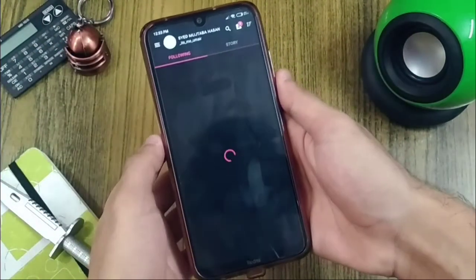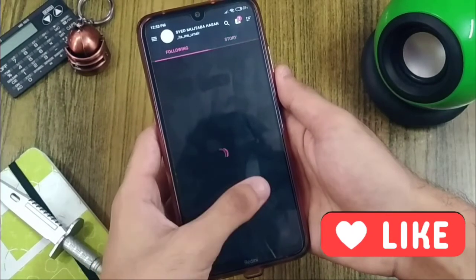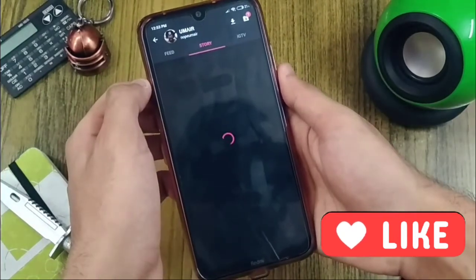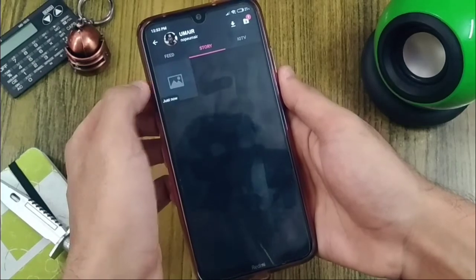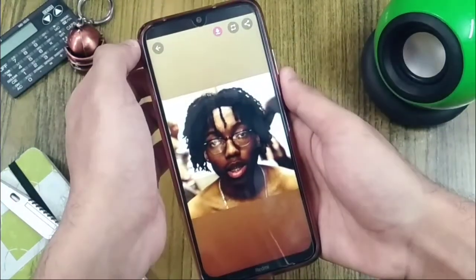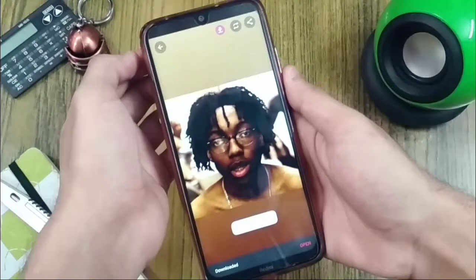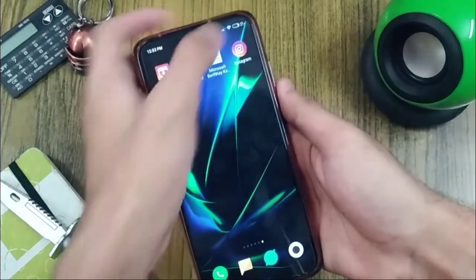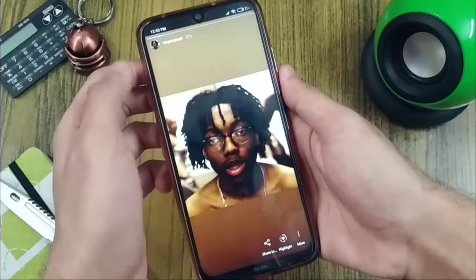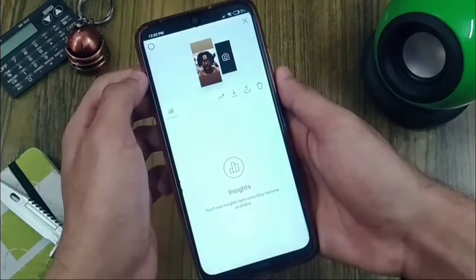After downloading the app, you may see there are two sections known as following and story. For viewing the story, you go to the story section and you click on the person you want to see the story of. After clicking, you can either see their post, story or IGTV videos as well. You can view the story and you can also save the story. For saving the story, you just click the download option given at the top of the window and the story will be downloaded. From the perspective of the person who has posted the story, he or she will not see your account in the story viewer. Like as you may see, there are 0%.